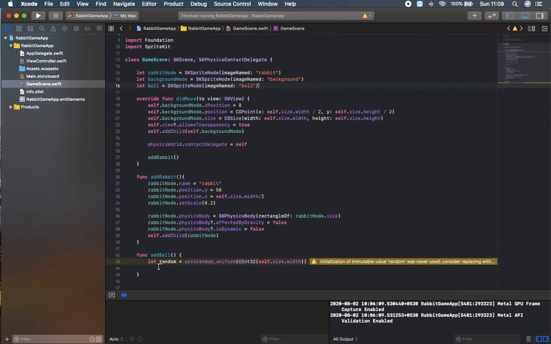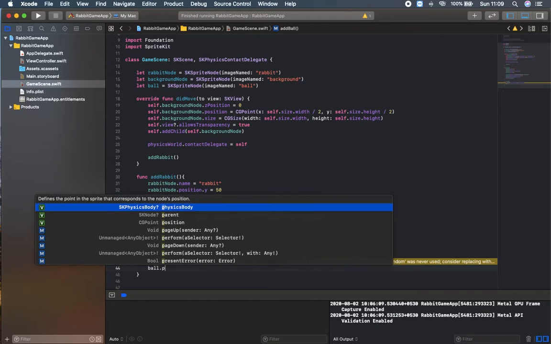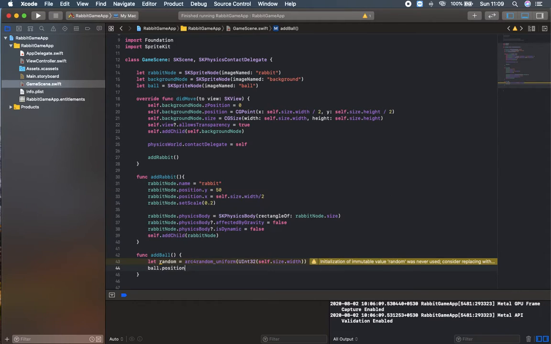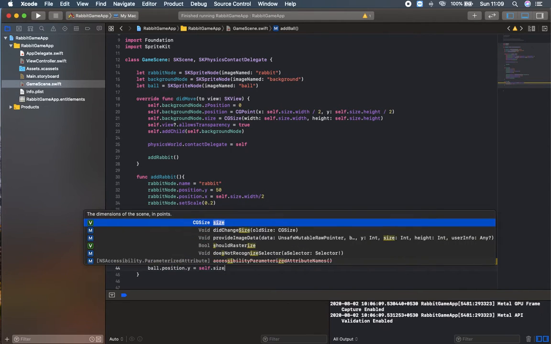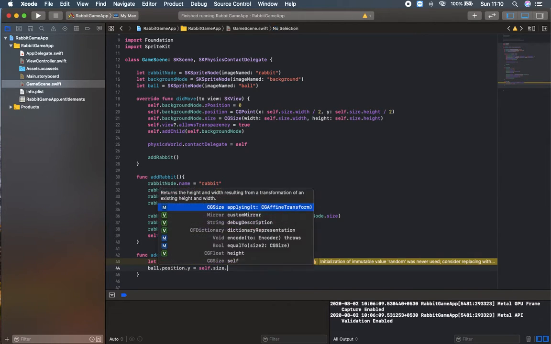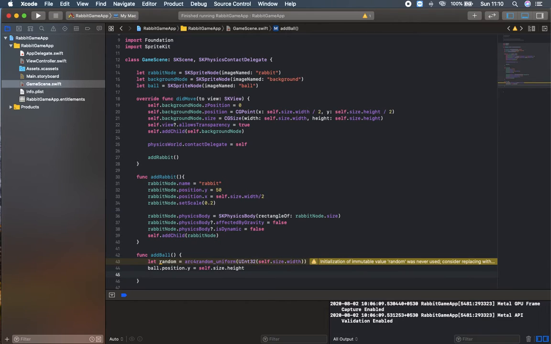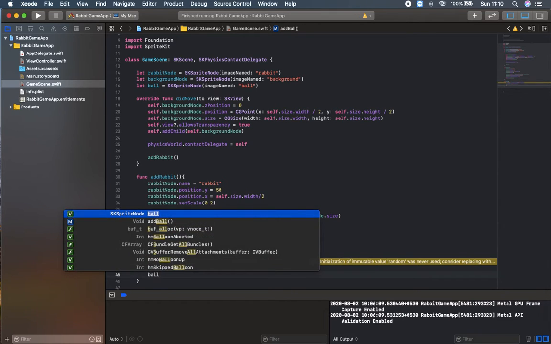Okay, doesn't matter. And then ball.position.y will be equal to self.size.height. And then ball.position